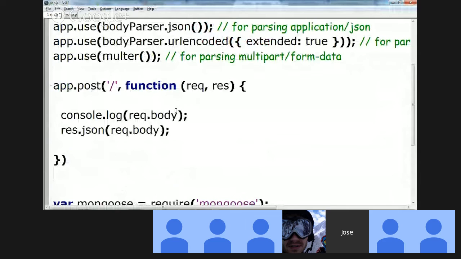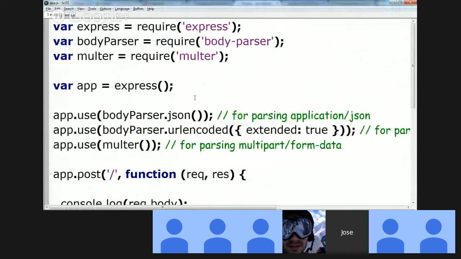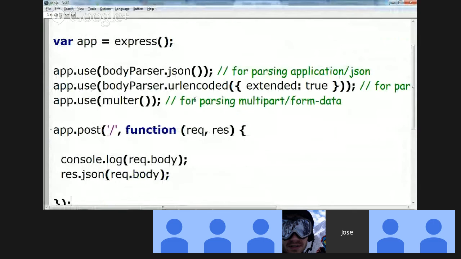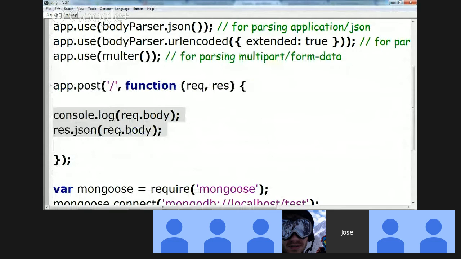And then add it. There we go. What else do we need? We need to be able to post to this, right? The only other thing that we need to do is, if we're going to use